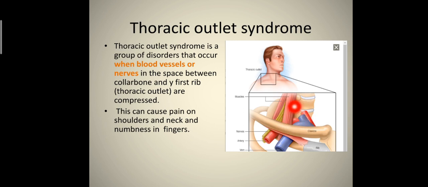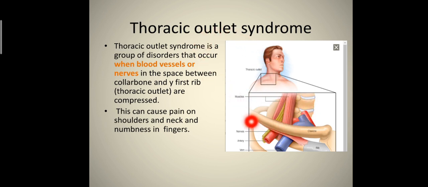Subclavian artery, both structures are related to the superior surface of the first rib and lie below the clavicle bone. So these structures may be compressed here between the first rib and clavicle bone. If these structures are compressed here, there will be many signs and symptoms, which is known as the thoracic